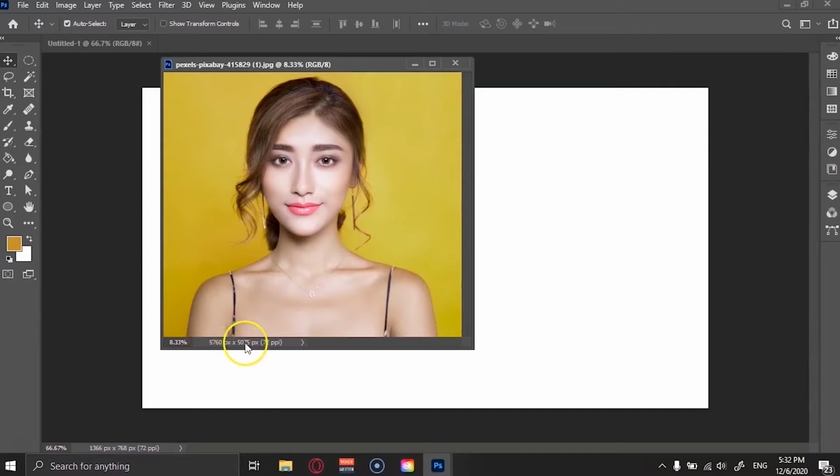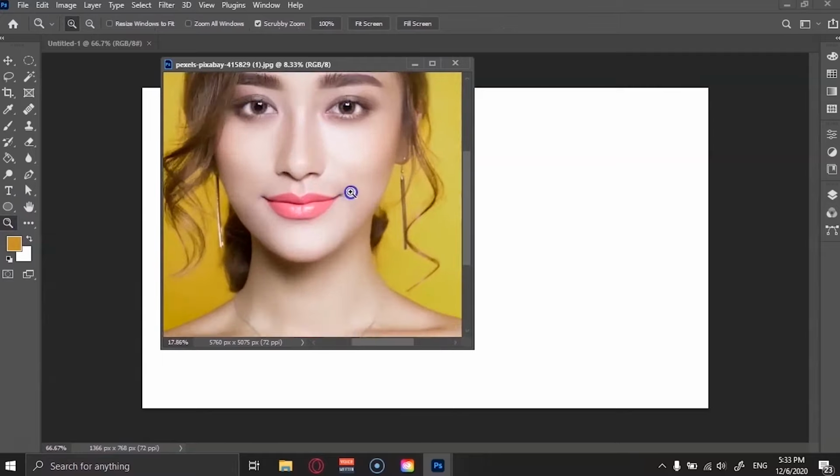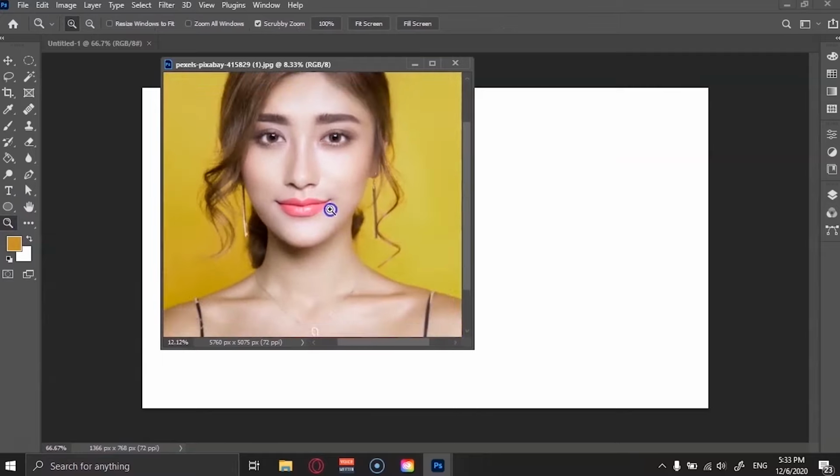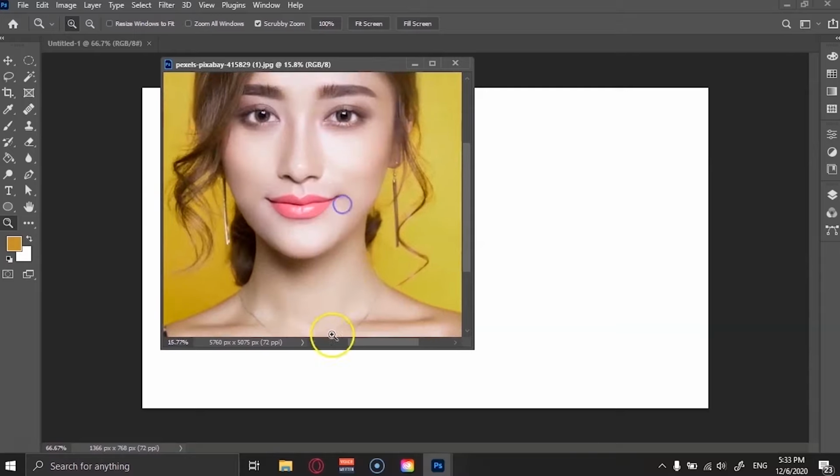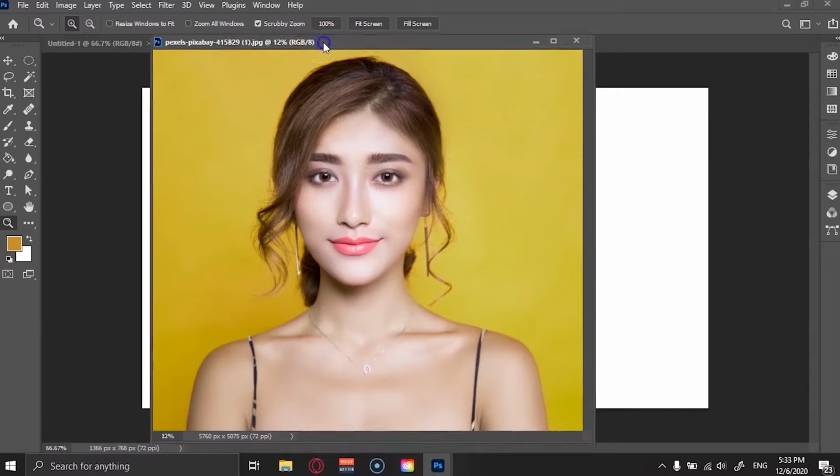And we have the dimensions of the picture. This right here, 8.33%, is the zoom percentage. So if I choose the zoom tool, I can zoom in and out, and it will change. Okay, if I want it back to normal, I can right click, fit on screen, and then plug it back